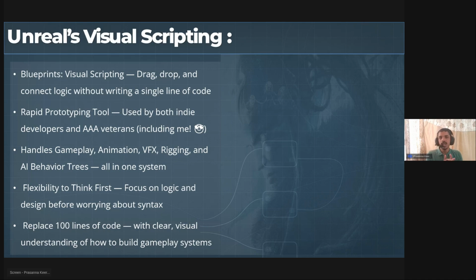If you have this understanding, you don't need to write the code. As an artist, there are a lot of people in the industry as 3D artists, and we have a lot of different people from different genres. For artists, this becomes very easy now.